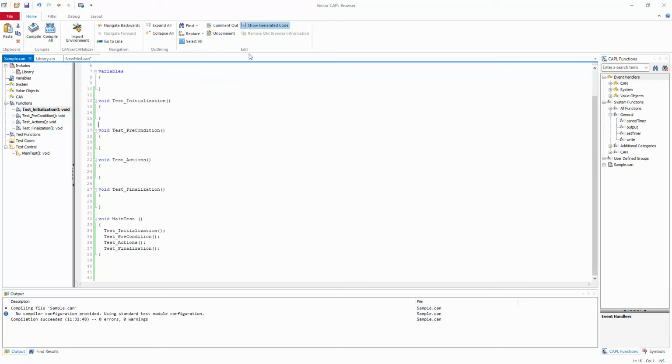And then select all is the general select all, and we have comment out and uncomment. As you all know, to comment out you can use two slashes at a time, and in order to remove it, you just need to delete them. One way of commenting is the double slash, and the other way is slash asterisk, and then you again put asterisk and slash. This will comment out that particular section.